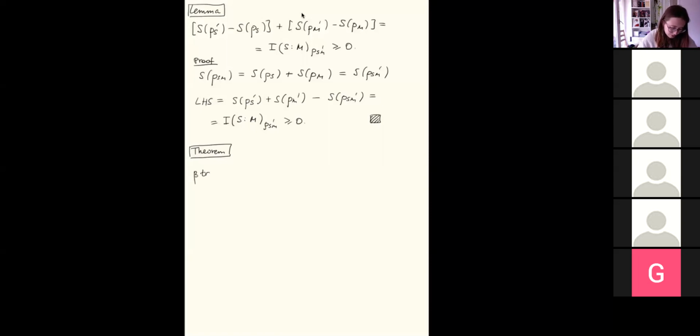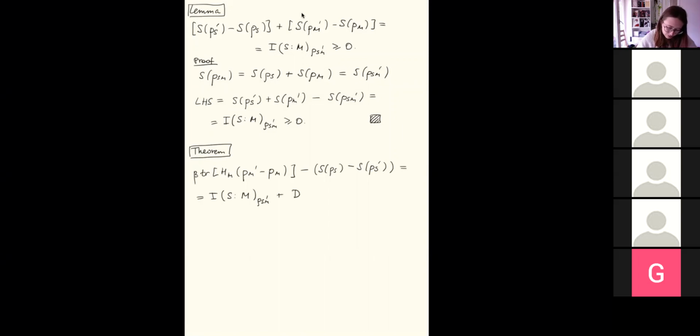So beta trace HM times (rho M prime minus rho M) minus S of rho S minus S of rho S prime equals the mutual information between systems S and M for the state rho SM prime,